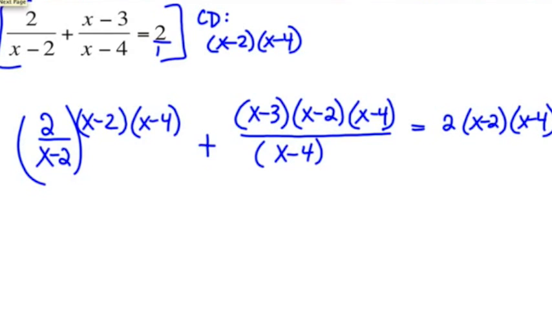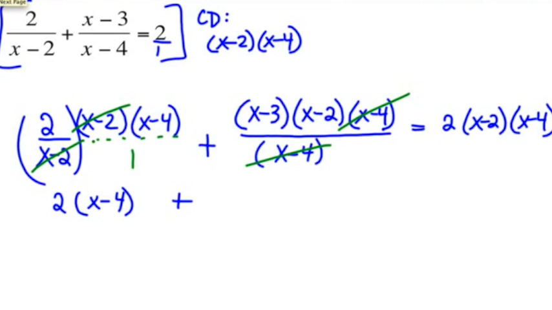Here's where the magic happens, because now what we're going to do is cross out our common terms here. Remember, just imagine this as over 1 if you can't see that part. We have x minus 2 canceling out with x minus 2, and that leaves us with 2 times x minus 4. Now I'm going to take a look at the next term, and we see that x minus 4 cancels with x minus 4, and I'm left with x minus 3 times x minus 2, and sadly nothing cancels out